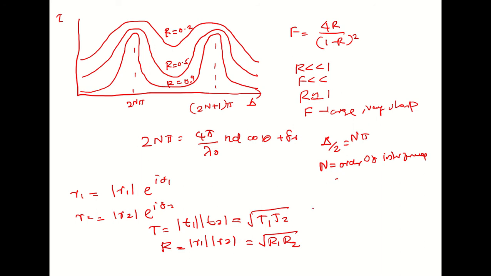Then delta r is equal to delta 1 plus delta 2 divided by 2. And the maximum and minimum values of IT are found by setting delta equal to 0 and pi. So we'll get the corresponding maximum and minimum values. If delta tends to 0, we'll get the maximum value.